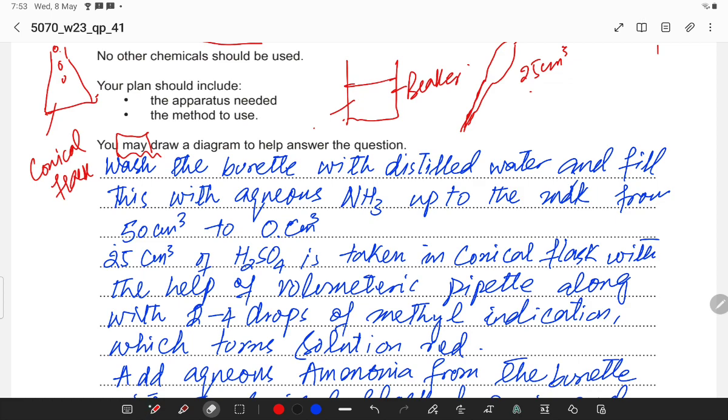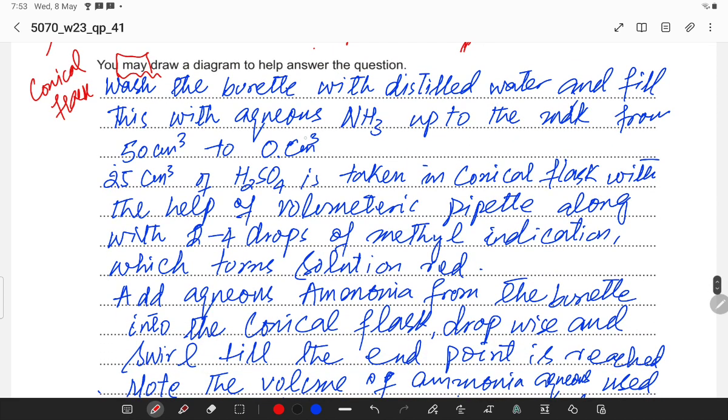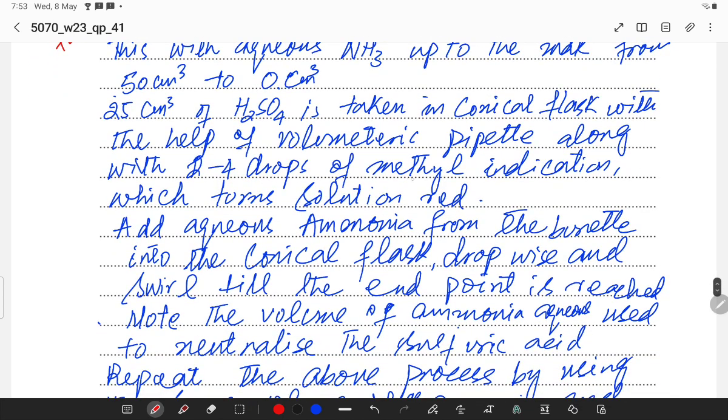Now fill this with aqueous ammonia up to the mark from 50 centimeter cube to 0 centimeter cube. 25 centimeter cube of H2SO4 is taken in conical flask with the help of volumetric pipette along with 2 to 4 drops of methyl orange indicator,